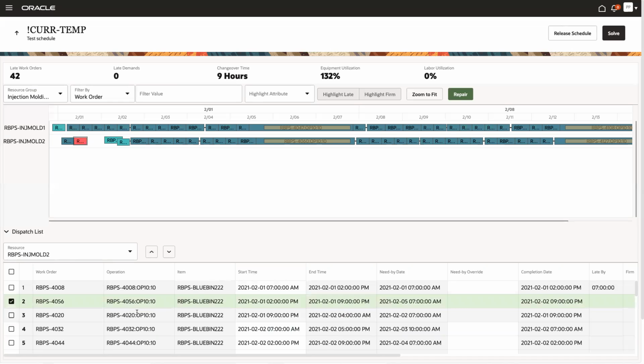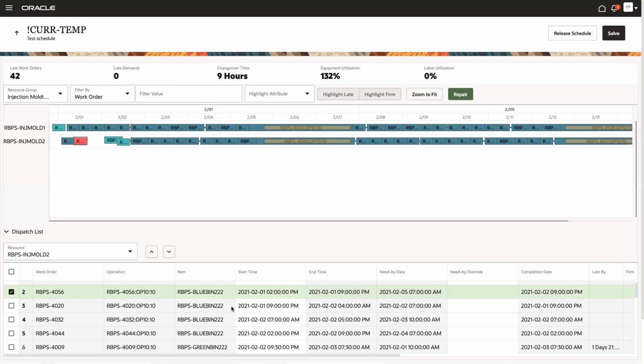So now this is a resequence operation, which I can also perform a repair on. And it is actually advisable to repair the schedule after each change to avoid getting conflicting manual schedule changes queued up that then may contradict one another during a repair.